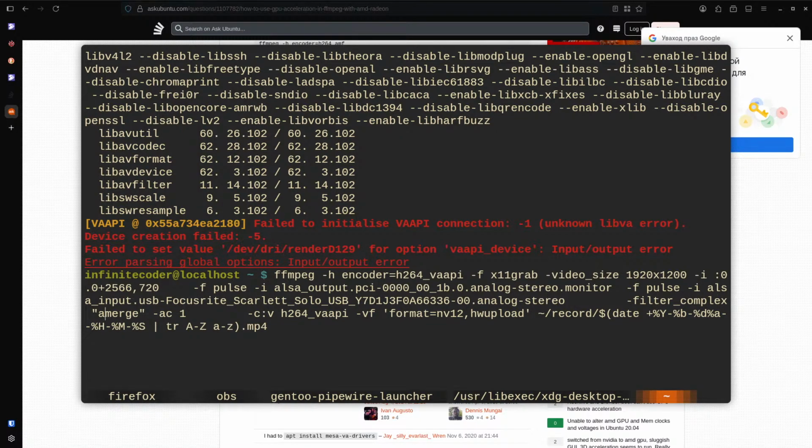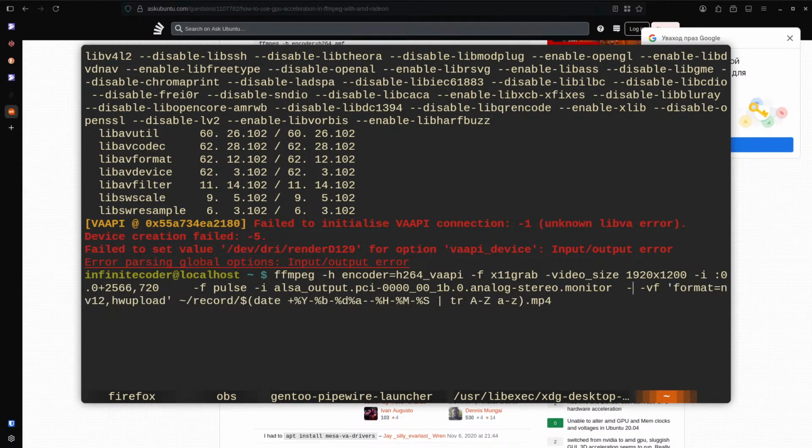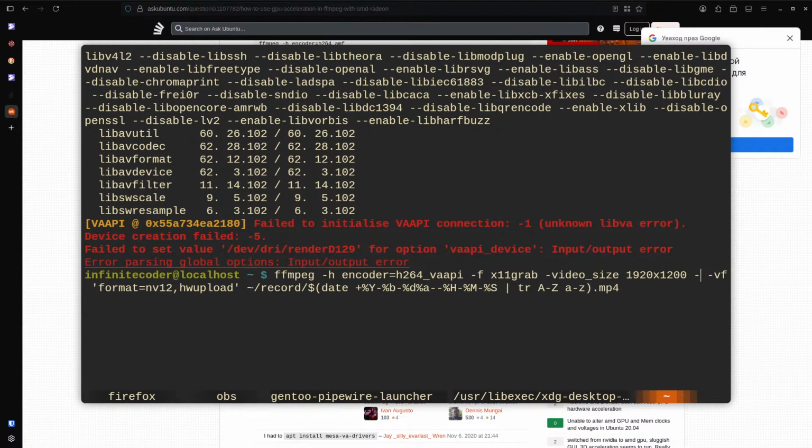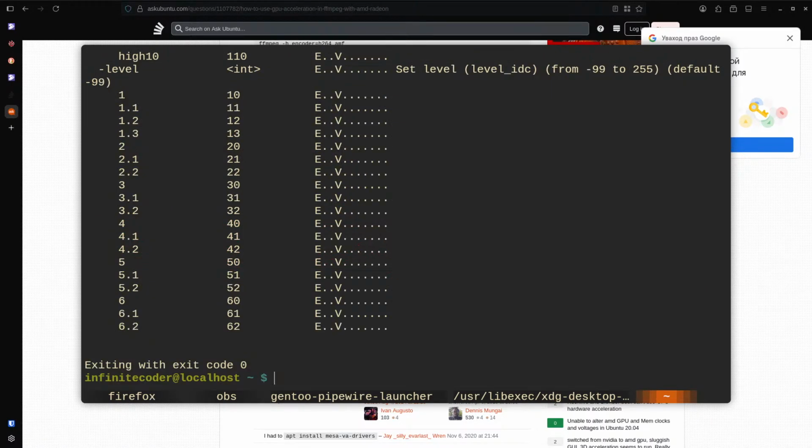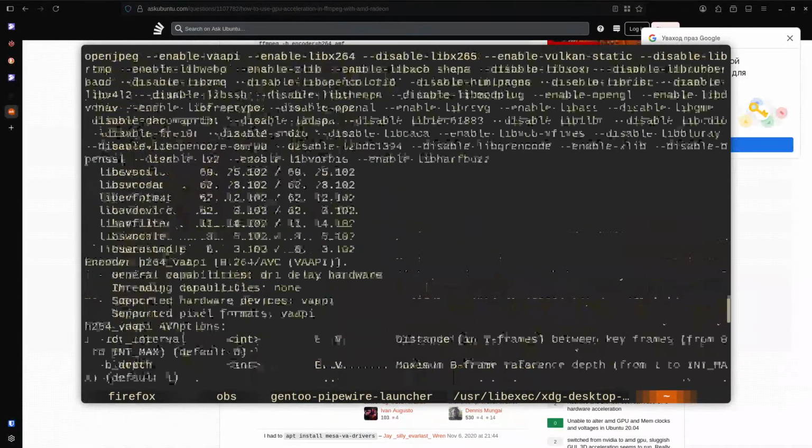Filter complex, amerge, CV H264 VA API, VF record. Okay, so I'm gonna get rid of most of this. Can I just strip it to this and then test the MP4? So it doesn't record audio. Okay, so we exited.